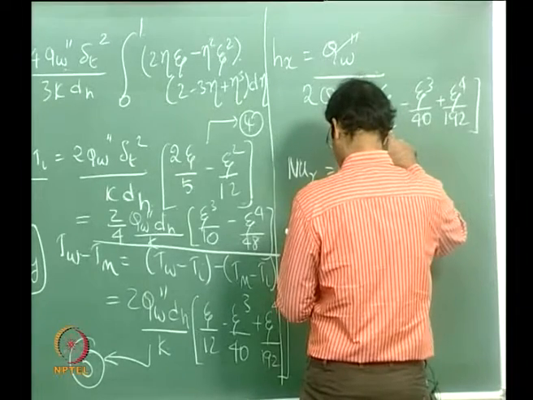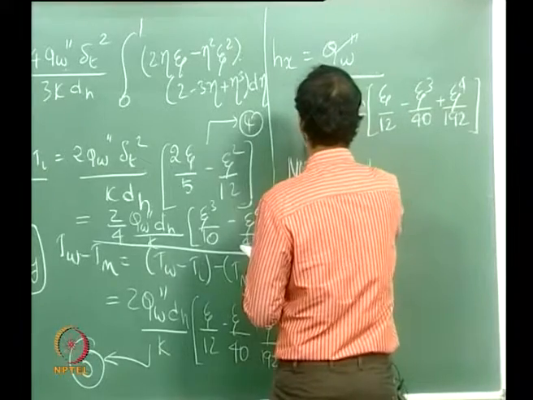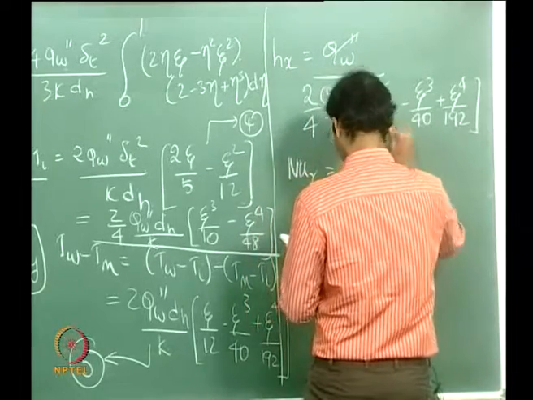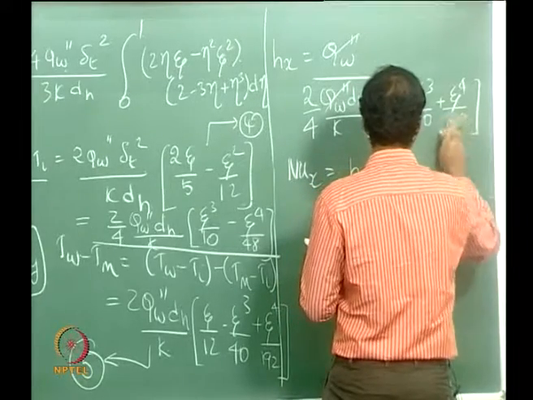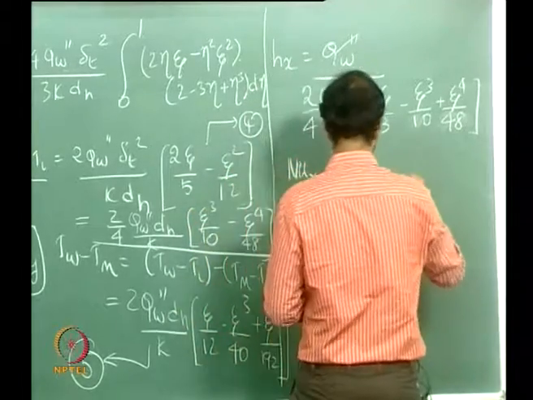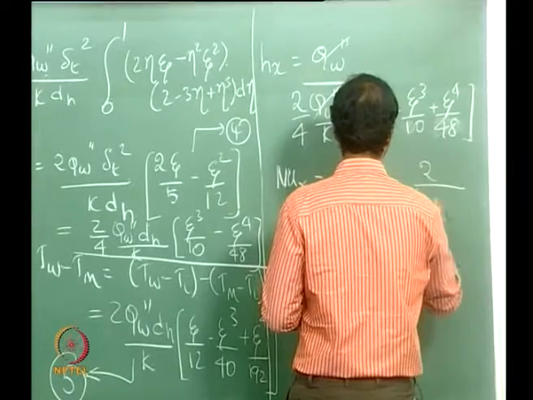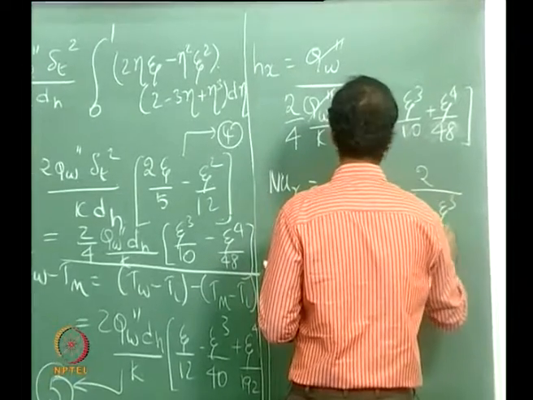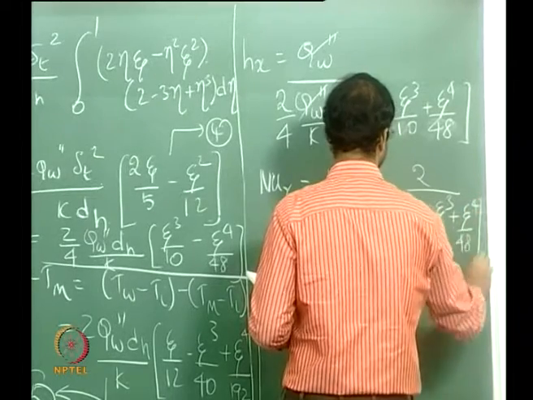I can write this as 2 by 4 and I can make it 1 by 2 here, so that this becomes 3, 10 and 48. So therefore this becomes 1 by 2 and goes to the numerator, this becomes 2 by zeta by 3 minus zeta cube by 10 plus zeta power 4 by 48,